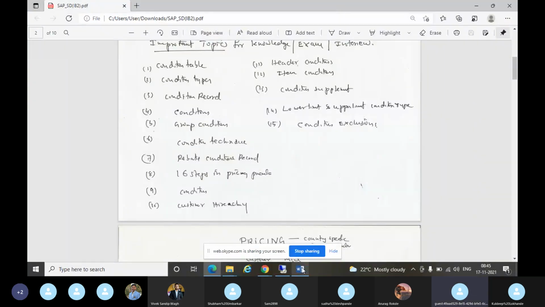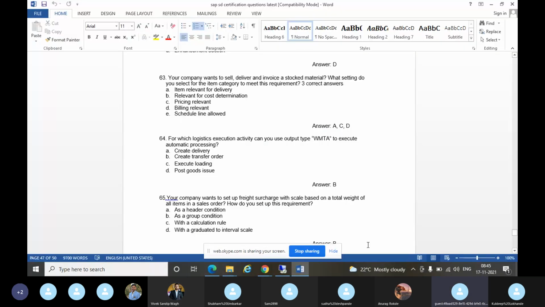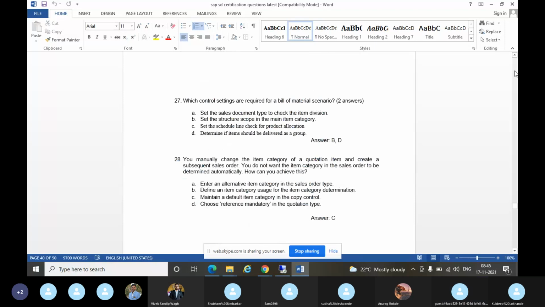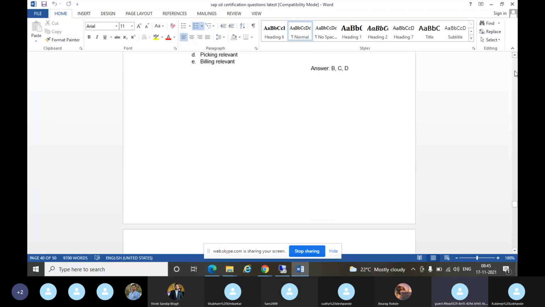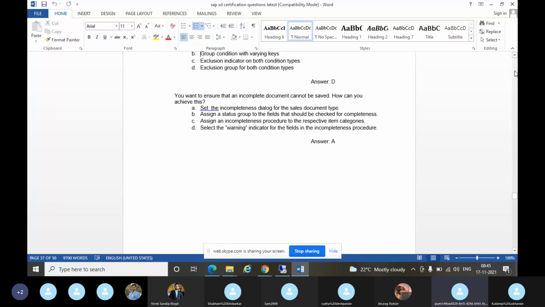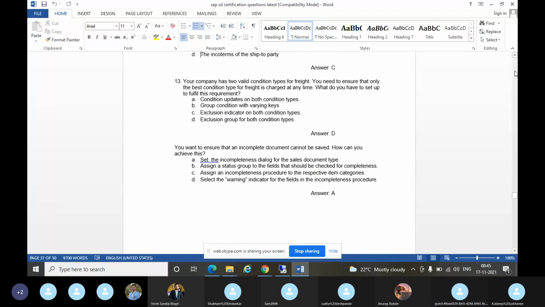See here what will happen. One question in the exam, they will ask like this. Your company has two valid condition types for freight. So KF00, they have two condition types.